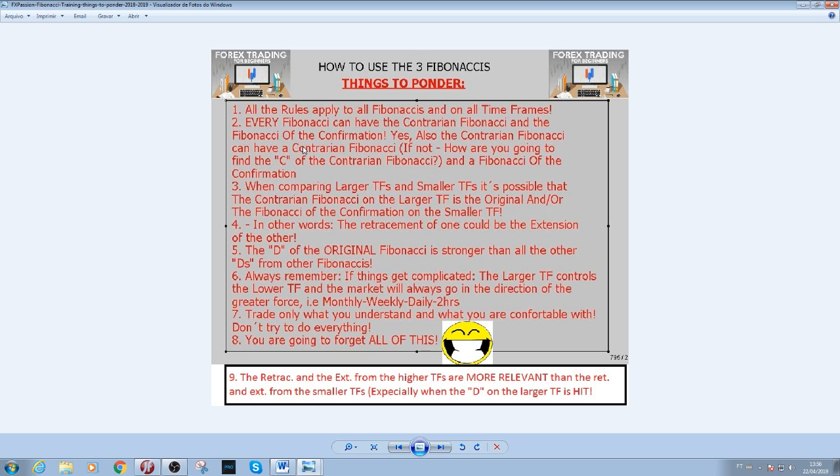So number 2, every Fibonacci can have the contrarian Fibonacci and the Fibonacci of the confirmation. Yes, also the contrarian Fibonacci can have a contrarian Fibonacci. If not, how are you going to find the C? And number 3, when comparing the larger time frames and smaller time frames,